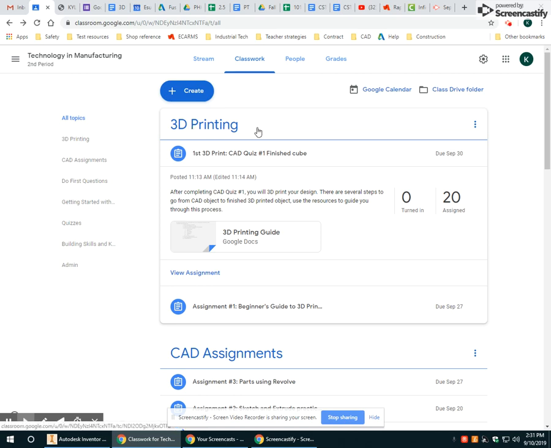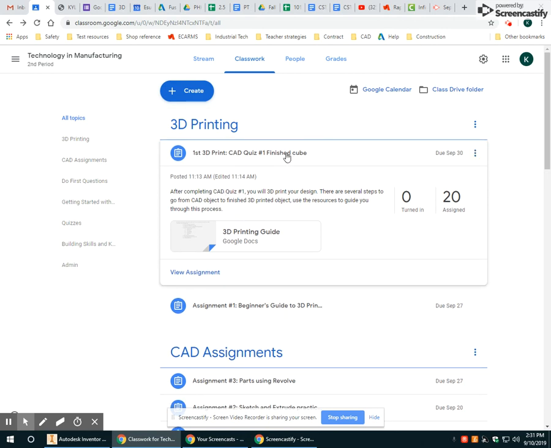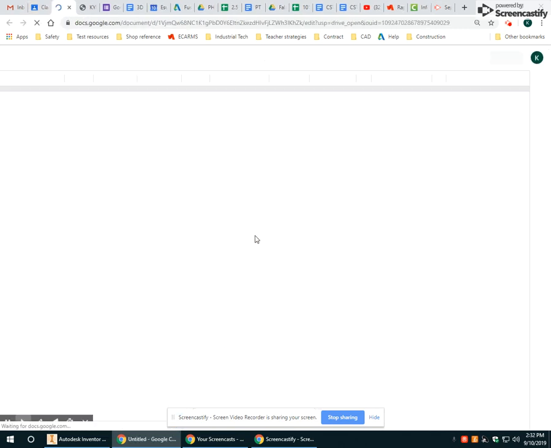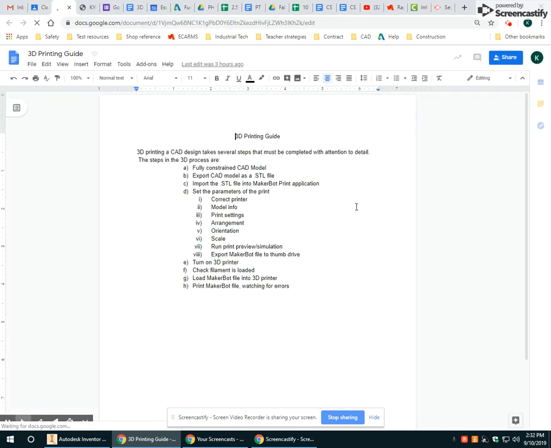For our first 3D printing assignment, it's located on Google Classroom. And once we open that up, we see a 3D printing guide. That's the first thing we're going to want to do is get that open. Now, if we look at the first steps in this printing guide, it says number one is to fully constrain